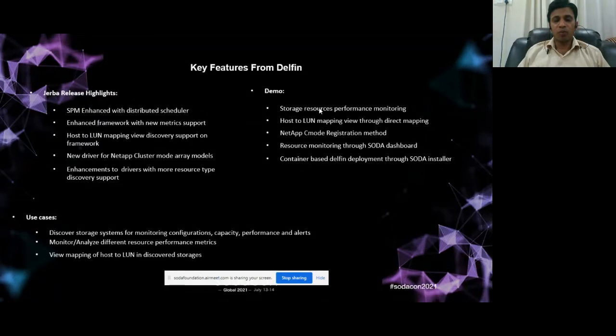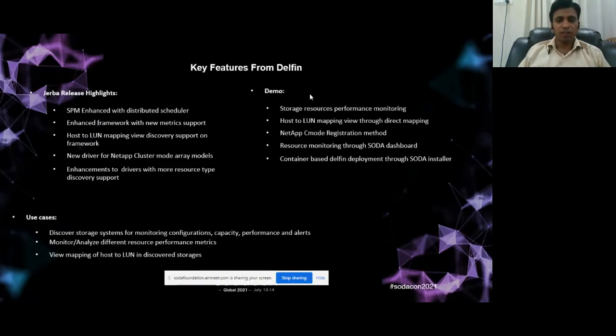And just a glance of how resource monitoring, how capacity and other configurations can be monitored through the SODA dashboard using Delfin. Also, in this release, we have added support for container-based Delfin deployment. So I'll be demonstrating how to deploy Delfin in a container-based way.